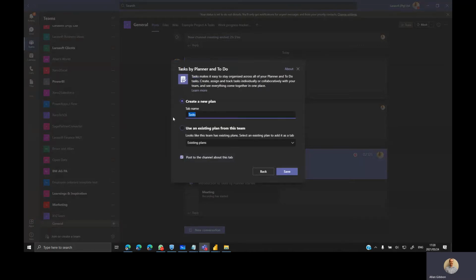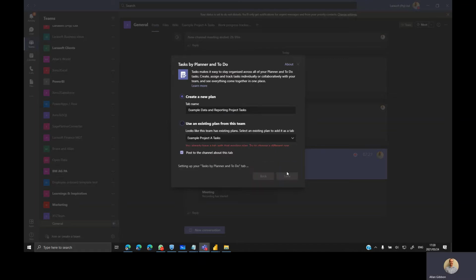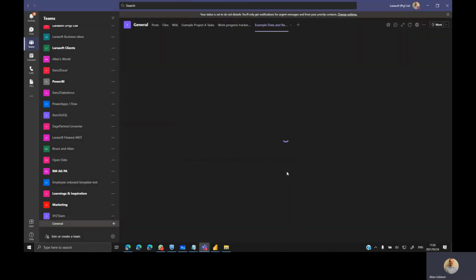So this is going to be an example, let's call it a data and reporting project. Tasks. Okay. So I'm going to use a new plan. I'm going to post to the channel so people get to know that it's there. It's running as it builds it. Okay, so now the nice thing about Taskbar Planner is that you've got multiple ways in which